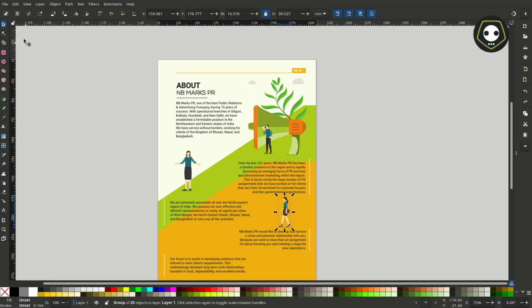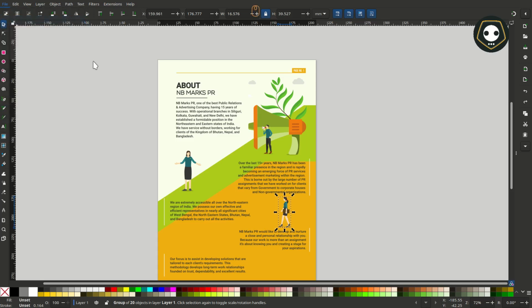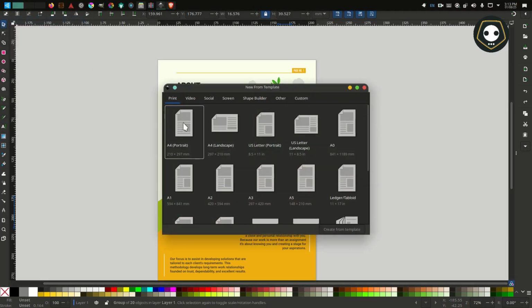First you open the file. Because the brochure size is A4, to open the size, you first choose new from template, and you can choose create from template.